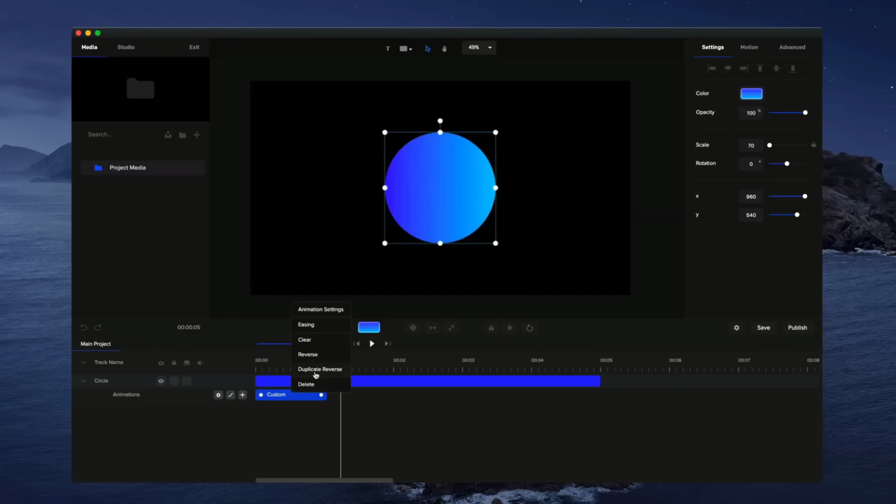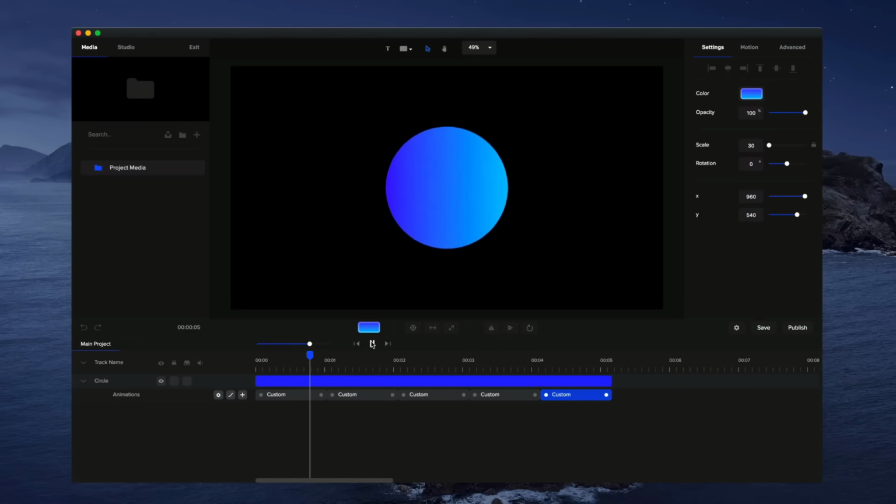And what I'm going to do is simply right click, duplicate reverse, and I'm going to do this as many times as I want it to loop. And it basically recreates the same animation going up and down, okay? So if I preview this through,